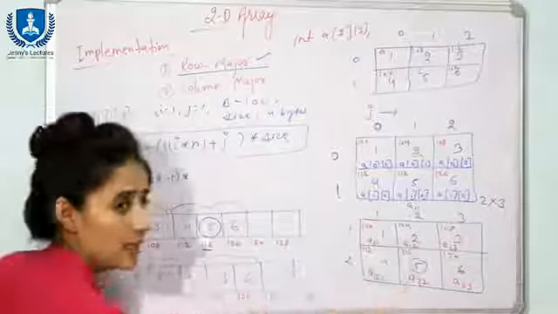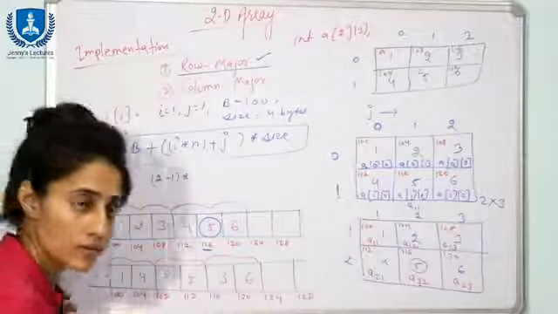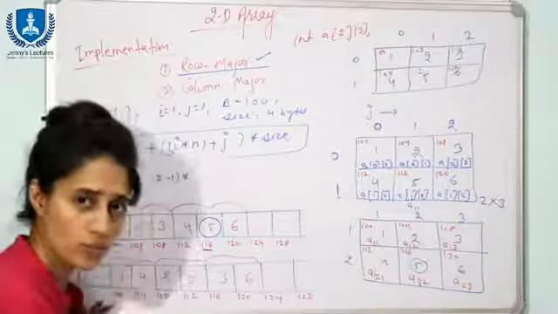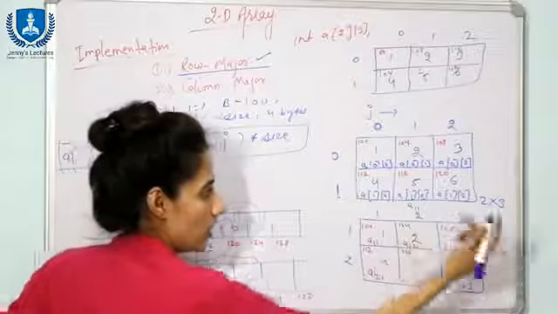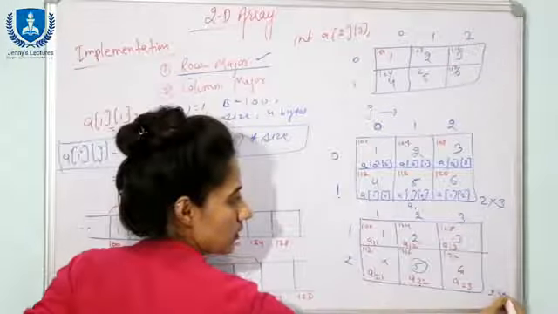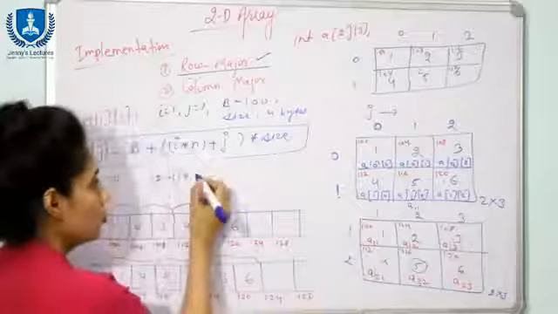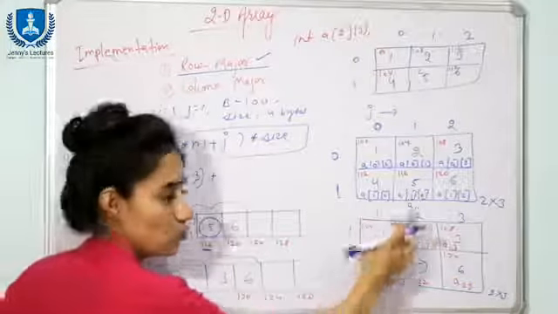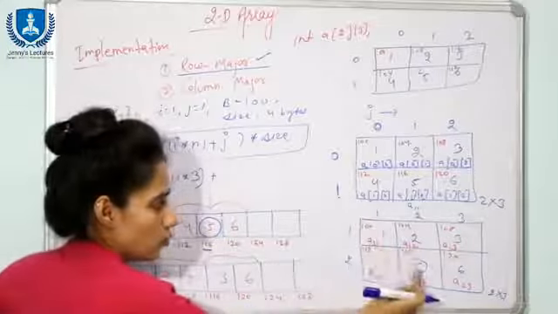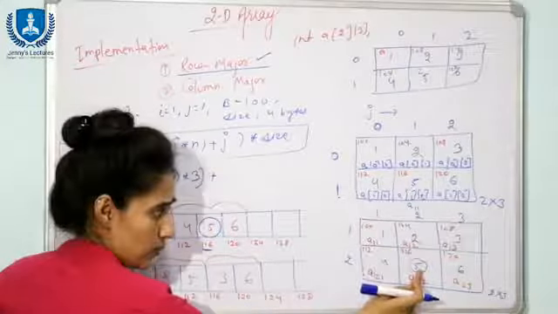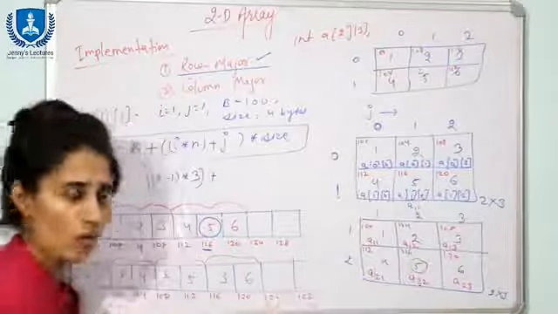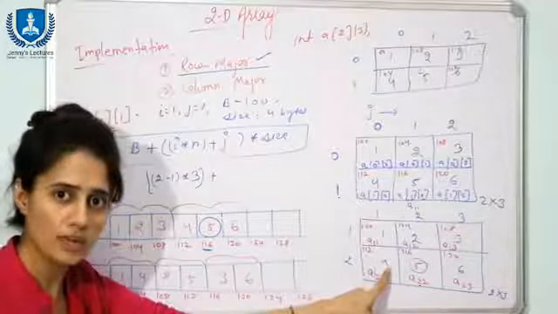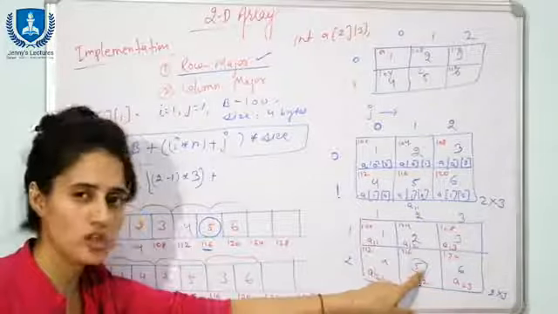now in this row how many elements are there? Obviously the number of columns, that many elements would be there in that row. I am taking this as 2 into 3, so 3 columns should be there, so 3 elements should be there, fine. Now we have crossed one row. Now to reach this particular column, obviously in this row also you have to cross some elements. Here you are crossing one element only, because after 4 you are going to reach 5.